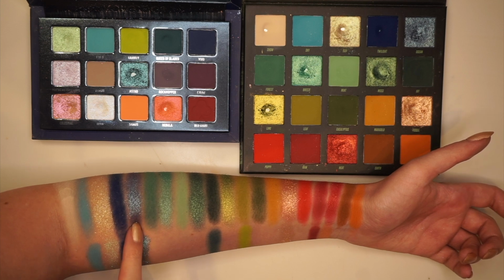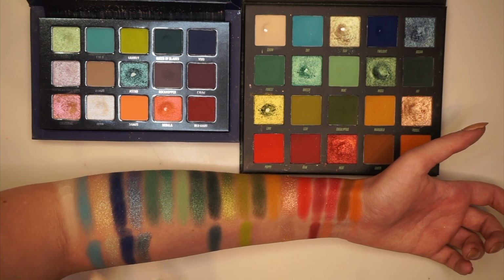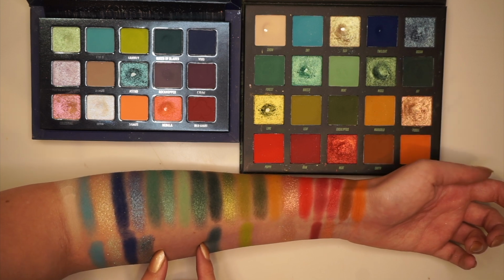The one in the Beauty Bay palette is a bit more kind of purpley blue, but this one is a bit more turquoisey blue, but again, very similar. I would say this part of the palette is almost covered. Moving down a little bit, we don't have anything for the more kind of brighter greens,